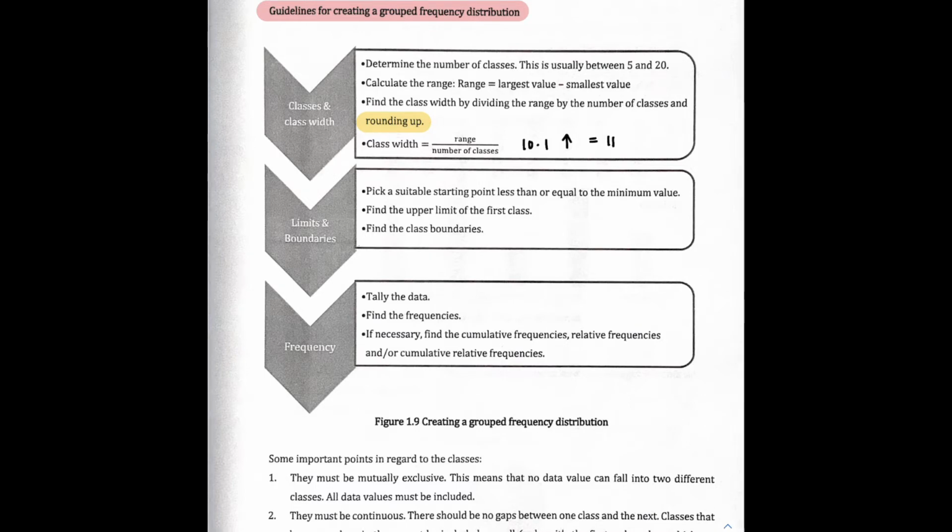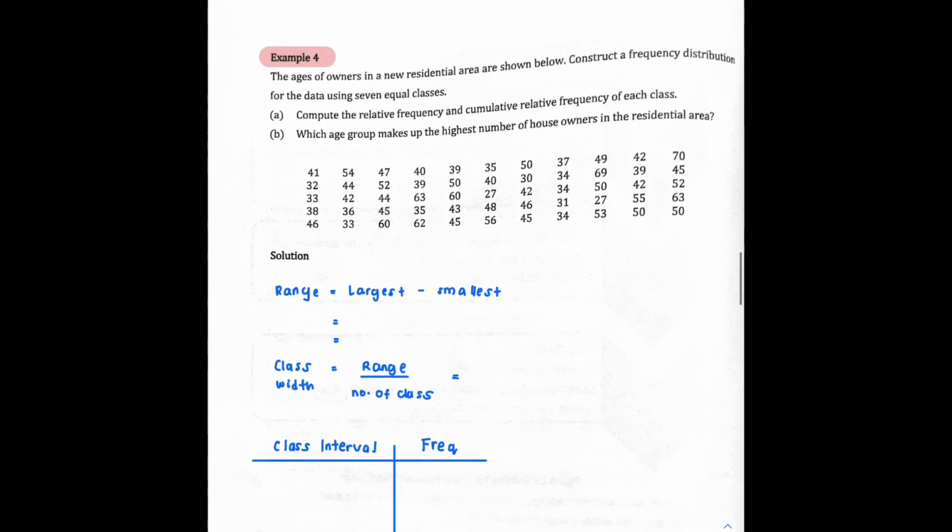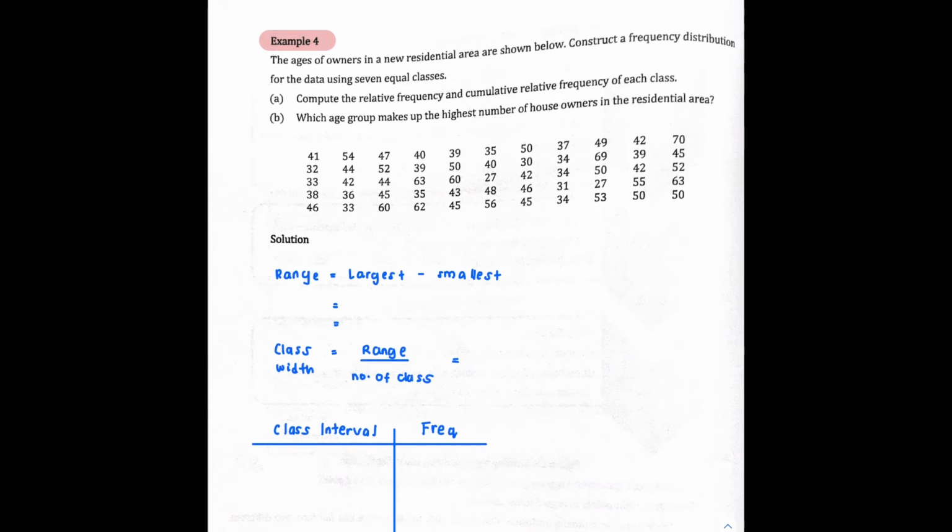So by having this example in your book, example number 4, we are going to follow the guidelines. This is your raw data. You have a total of 1, 2, 3, 4, 5, 6, 7, 8, 9, 10, 11, 55 raw data in this case. So the first step in the guidelines just now, you have to find the range first,